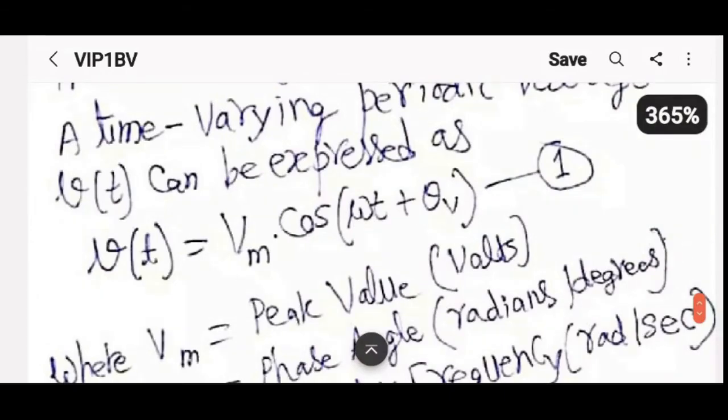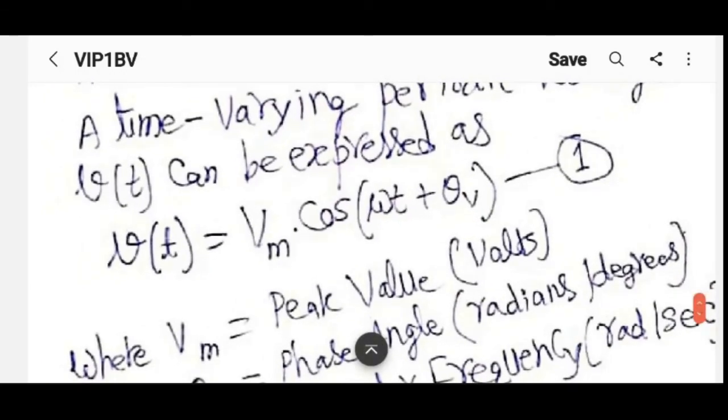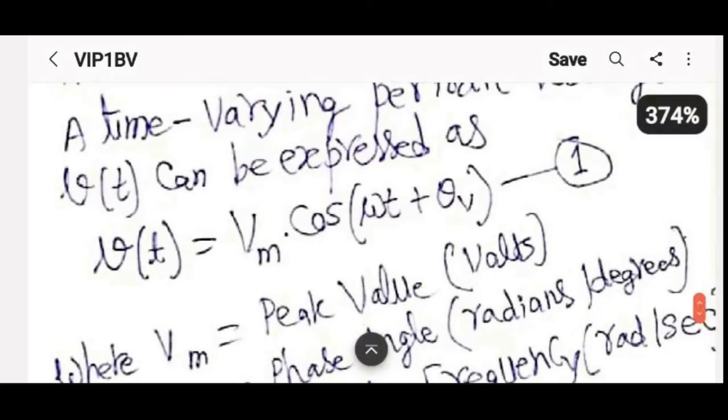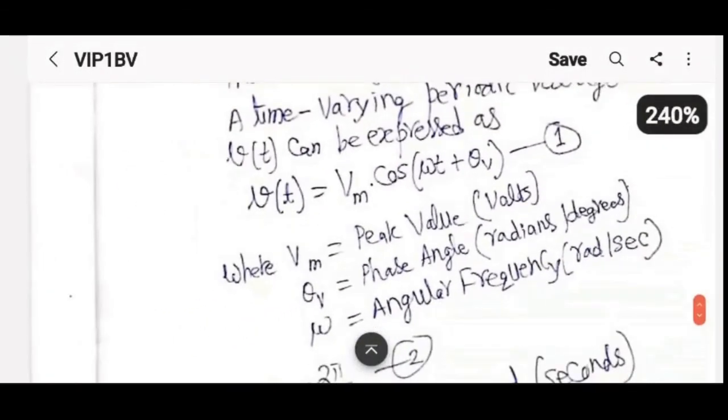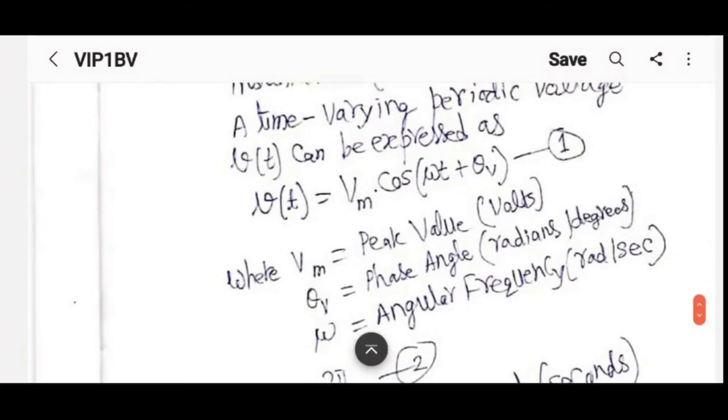And the signal that comes to our homes has an RMS value. I'll talk about RMS value a little more in detail later. RMS value is 220 volt approximately. So peak value will be 220 multiplied by square root of 2. So Vm will be 220 multiplied by square root of 2, whatever that value is. That's a particular case I'm talking about. So please remember this generic representation of an instantaneous voltage signal, which is periodic.